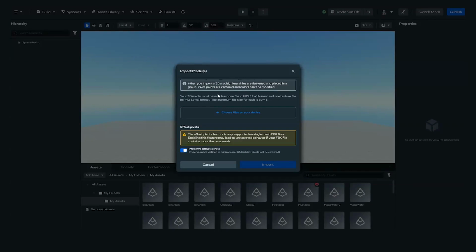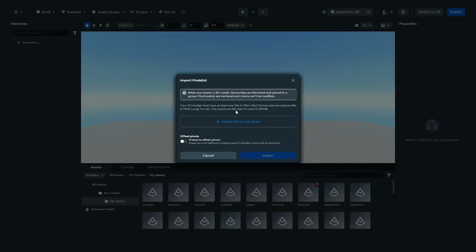It could get tricky sometimes, but we don't need to worry about that right now. And you also have these offset pivots, which later on, if you do end up doing any kind of scripting that has to do with hinges and making things move, is really important. But for today, we're going to turn this off because we don't need it. We're going to bring in a static item.